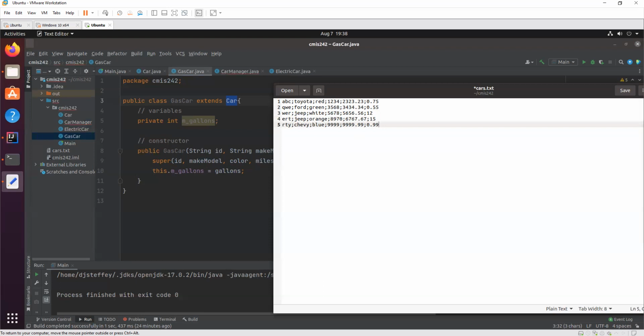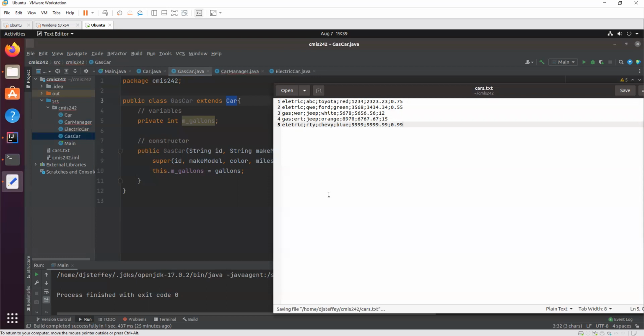But if we didn't just make this file together, how do we know this is electric? How do we know these are gas? The thing is, we don't. That means your program doesn't know which one is electric and which one is gas. We need a way to tell it, and we're going to do it like this. At the beginning of each line, we're going to tell it which ones are electric and which ones are gas. This is an electric car. This one is electric, and then these 2 are gas.